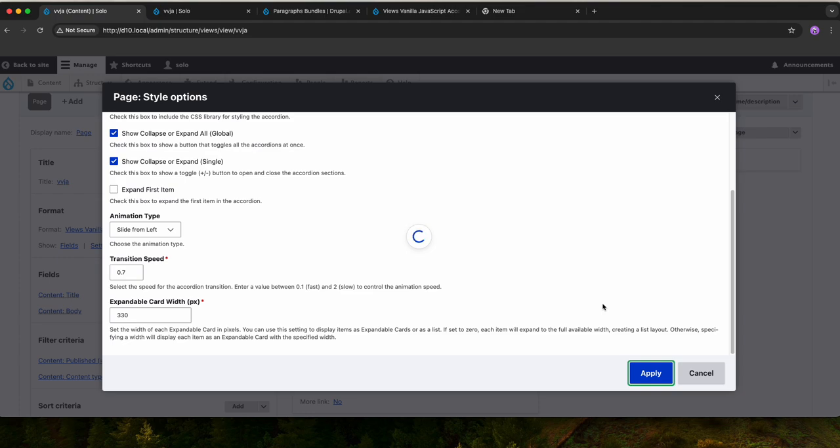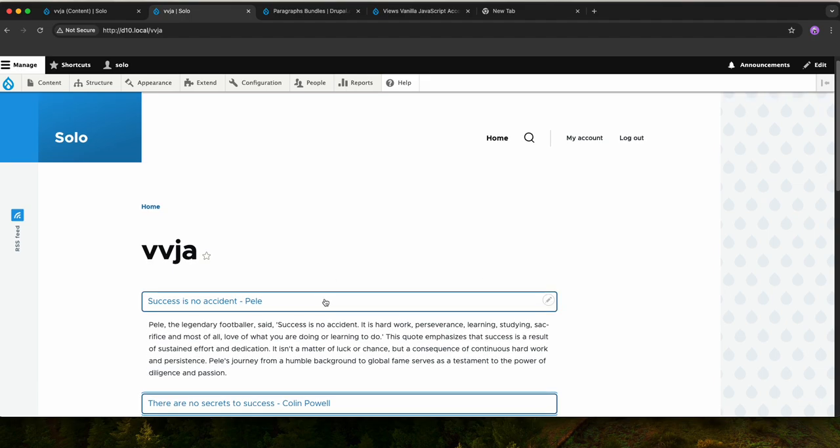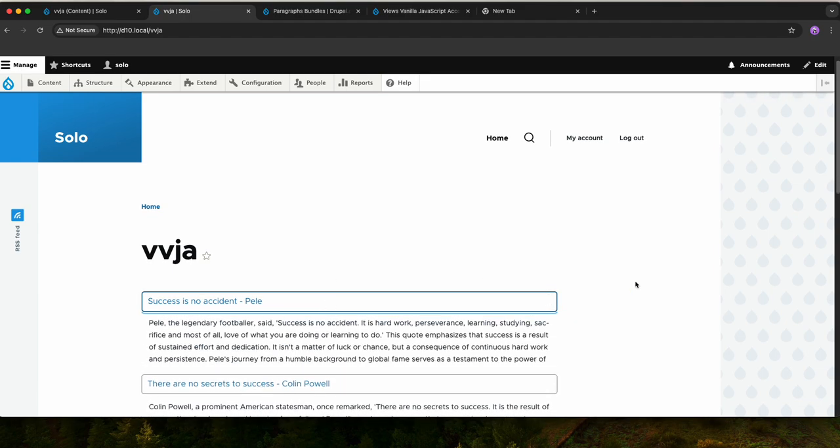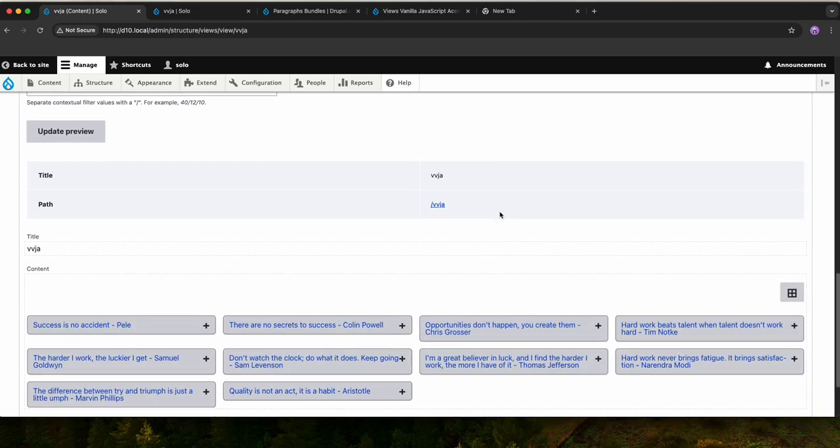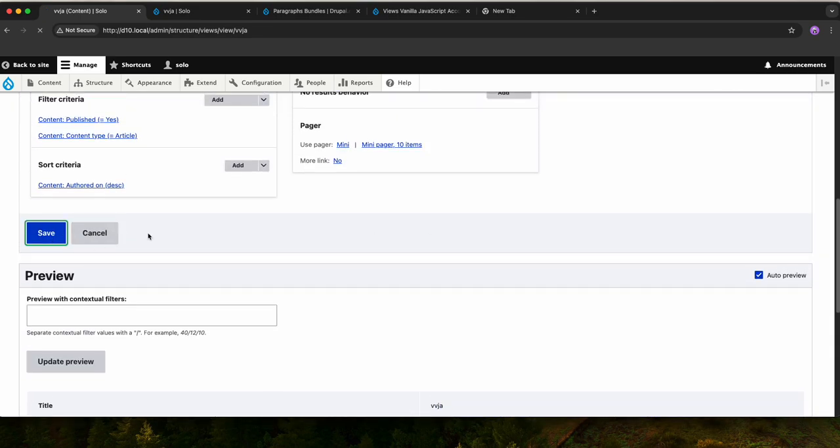I want to show you what's happening here. So by default, this is what we all know as an accordion. But the feature I'm adding here is that if you want to do them as cards,